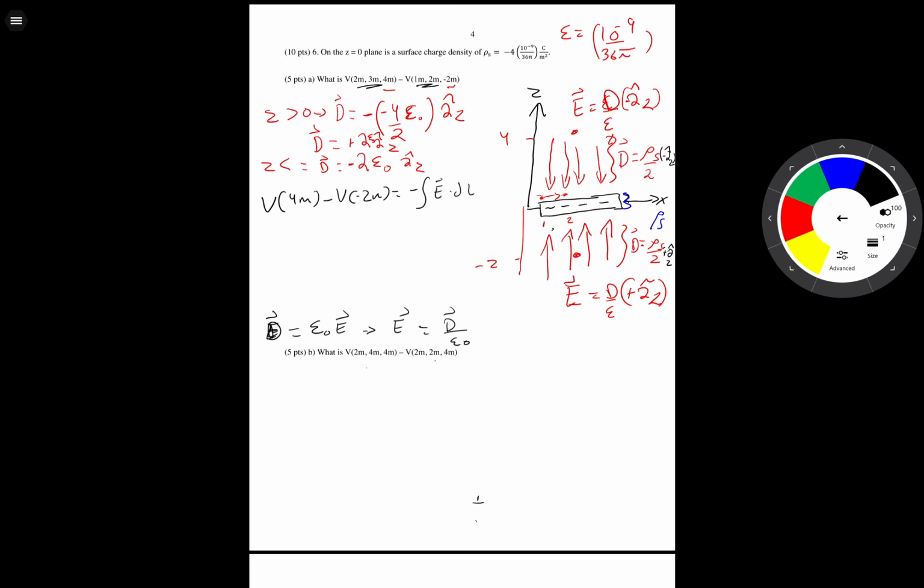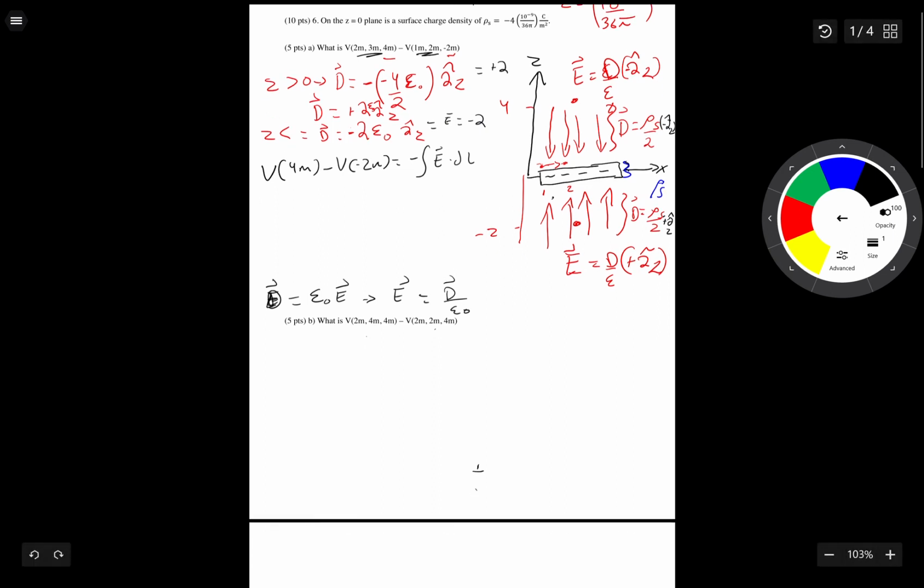So if we substitute that back in, we can get our electric field, which is D over epsilon, and D is -2 epsilon naught. So our epsilon naught will cancel. So our electric field would just be -2 over here and +2 over here. Now solving this further,